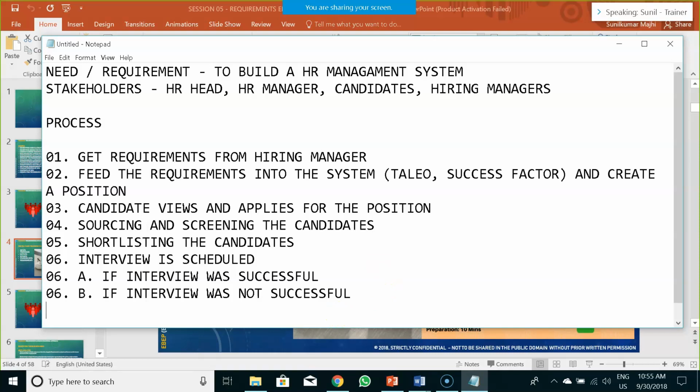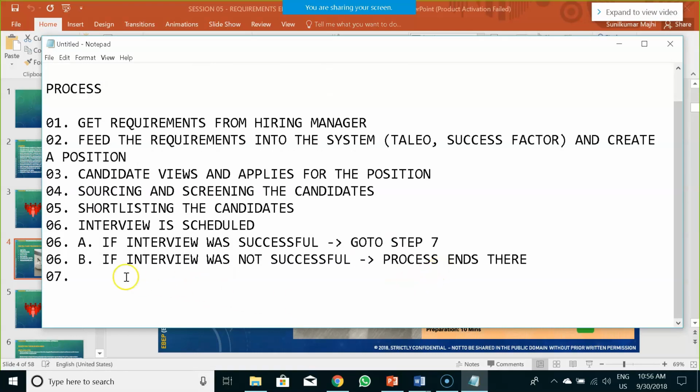Now if interview was not successful, or I would write it this way: if interview was not successful, the process ends there. Now what if the interview is successful? So if the interview is successful, we would write it as go to step 7. Okay, now what would happen if the interview was successful?